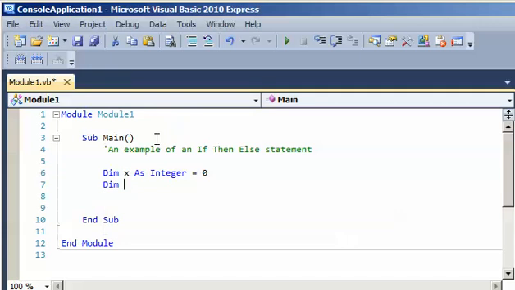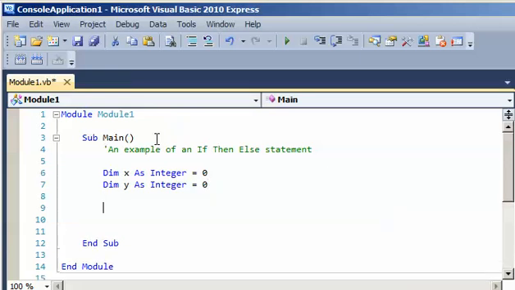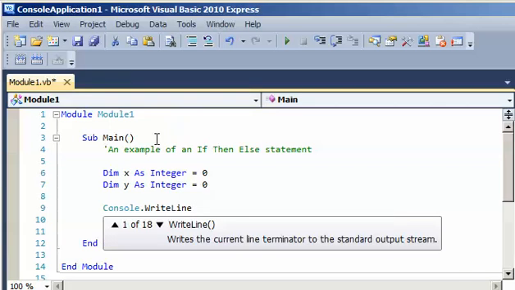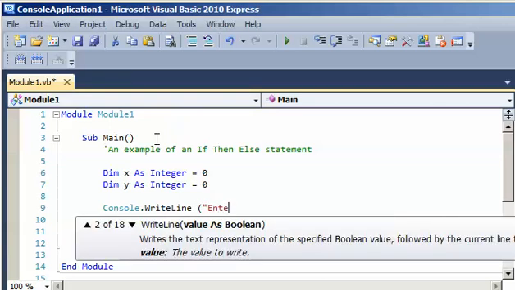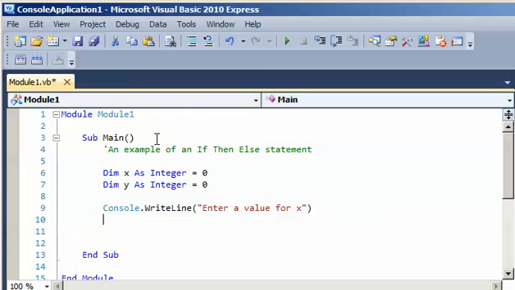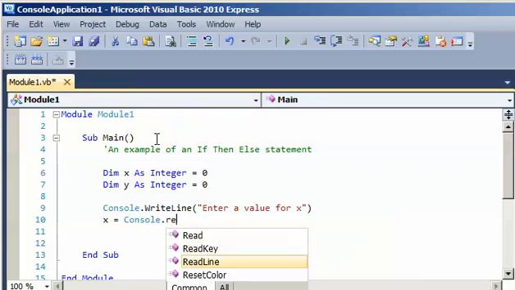And then I'll add dim y as integer, and I will assign it the value 0 so that they have initial values. And then I will prompt the user to enter a value for x and y. So console object.writeLine, enter a value for x. X is assigned the value of console.readLine,